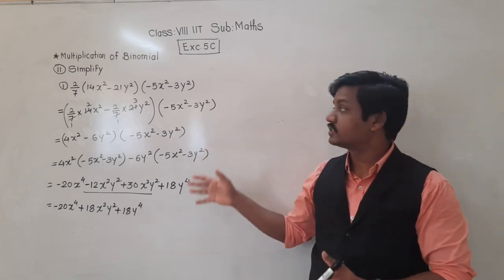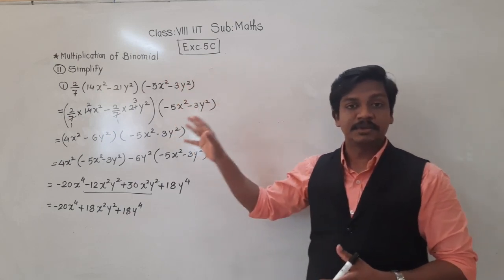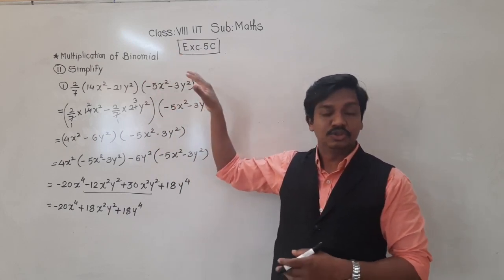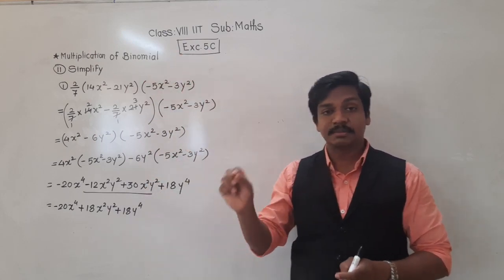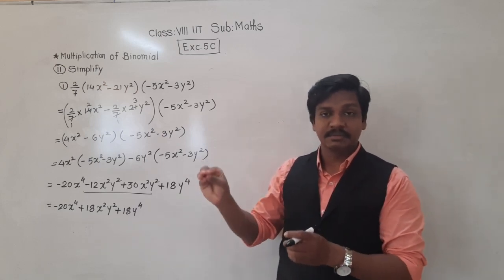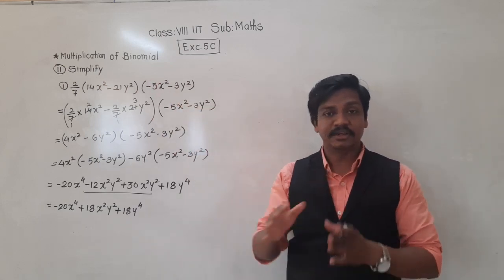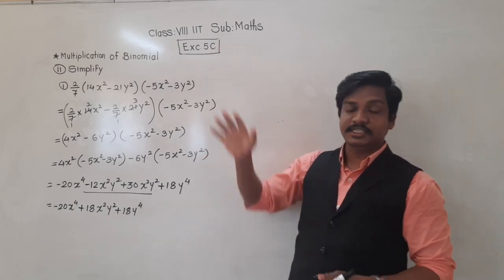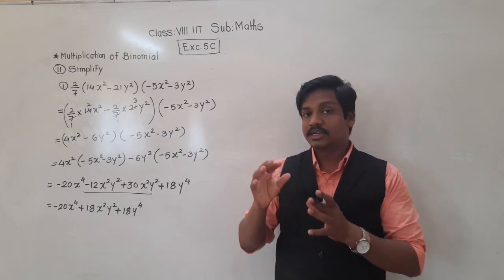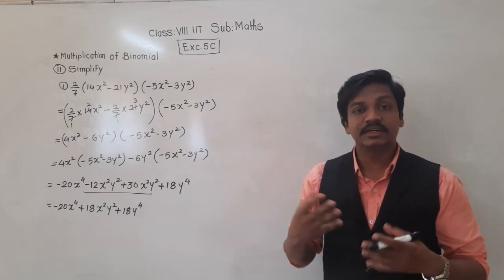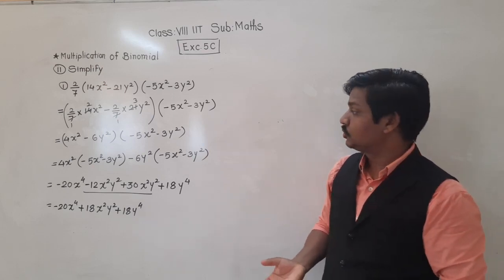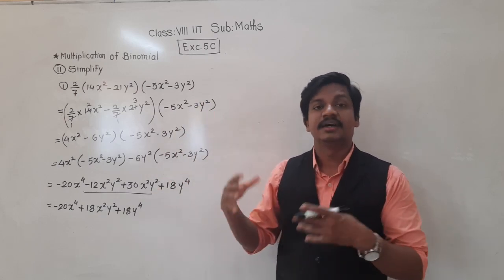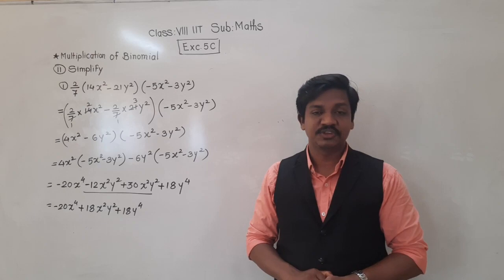Okay. So today we have seen this multiplication of binomials and the examples from exercise 5C which were based on the multiplication of binomials. Examples of each category we have solved. Remaining examples till question number 11 you have to solve today. The next part of exercise 5C is based on the multiplication of trinomial by binomial, that we will learn tomorrow. Understood? So if you have any doubt in this, first solve all the examples, and if you have any doubt, pick out that and ask me during the problem solving period. So thank you for today and have a good day.